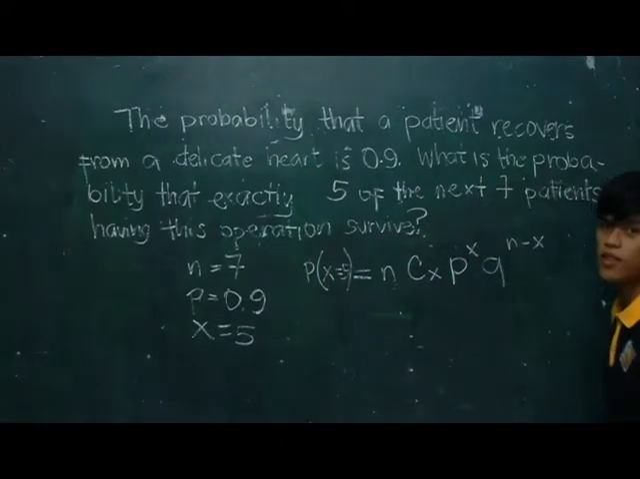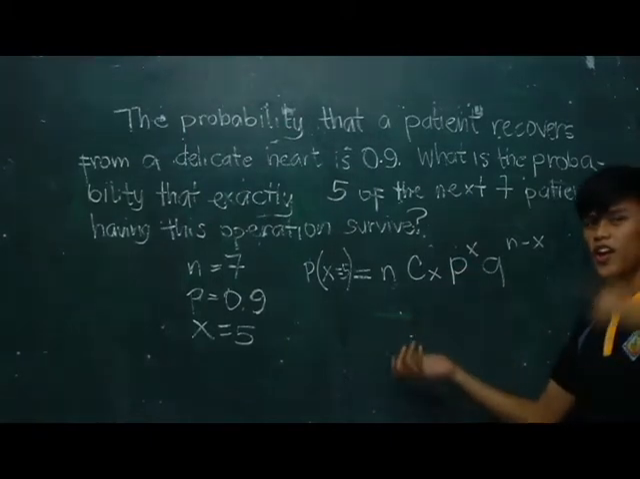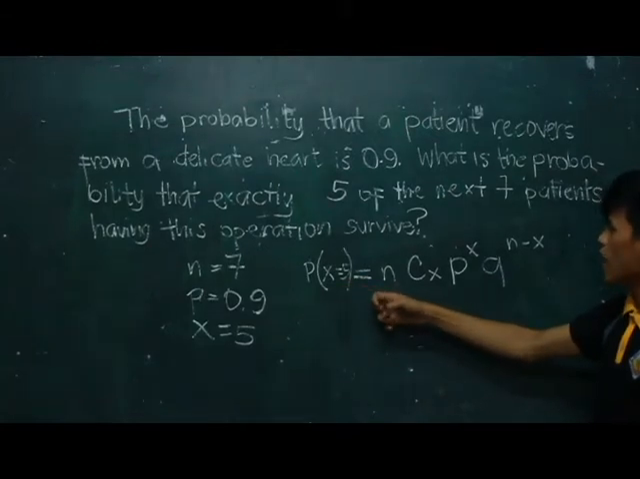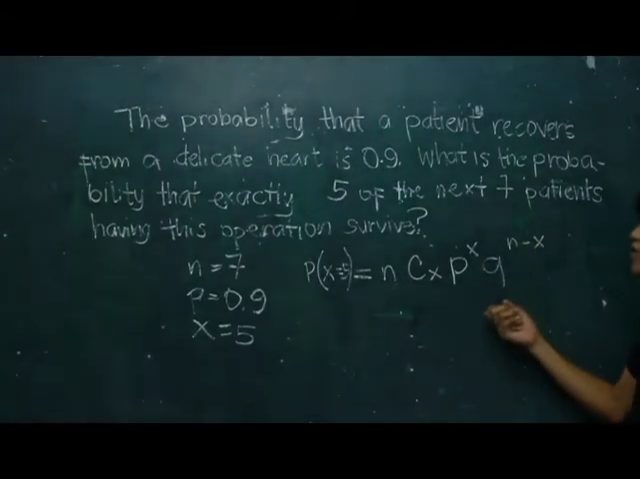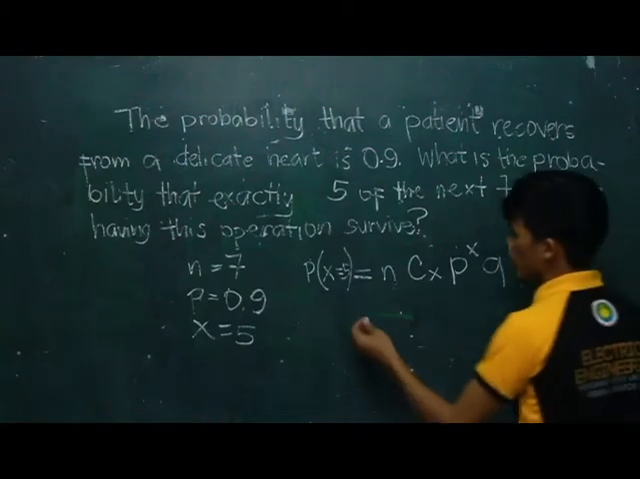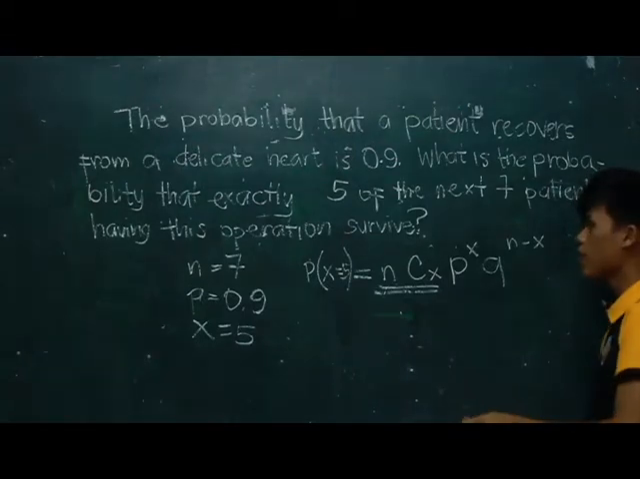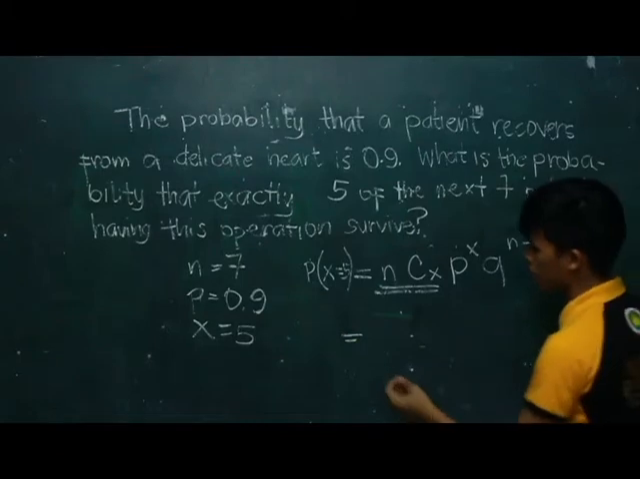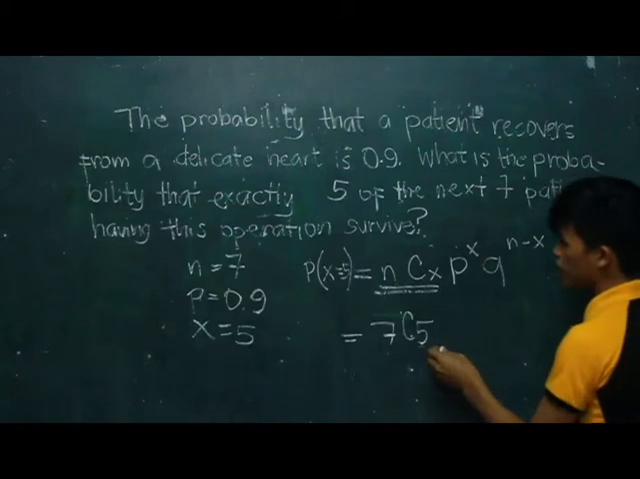So again, I'm introducing to you the said formula which was discussed earlier. We have here P of X equals n combination of x times p raised to x times q raised to n minus x. Remember, guys, that this is just a combination formula, and we will now input our values, which is 7 combination with x is 5, we have the p 0.9